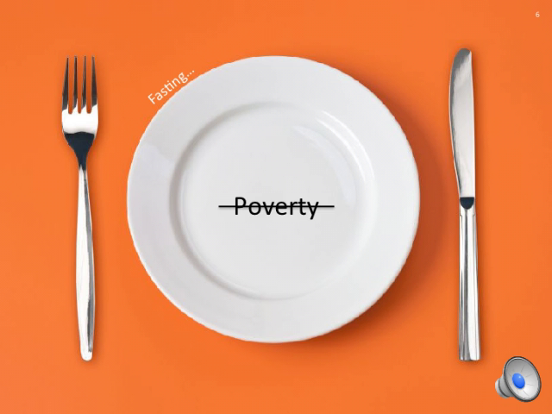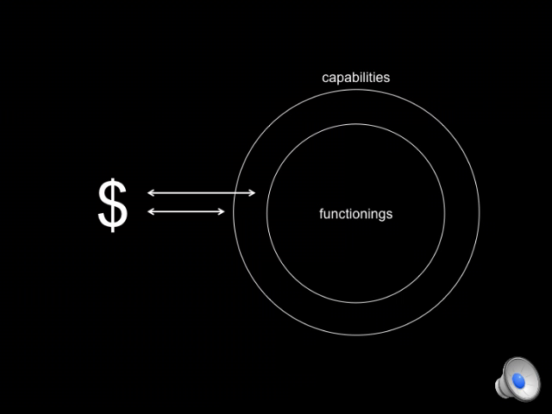No, because although he does not exercise the functioning of eating, he has the capability to do so if he so chooses. When defining poverty, we therefore should not care about money except as a means to these functionings and capabilities. People should have the opportunity to turn a capability into a functioning if they desire to do so. But poverty is what gets in the way of doing so. A person is in poverty if his or her capabilities fail in comparison to a certain threshold. What is this threshold, and how is it measured?